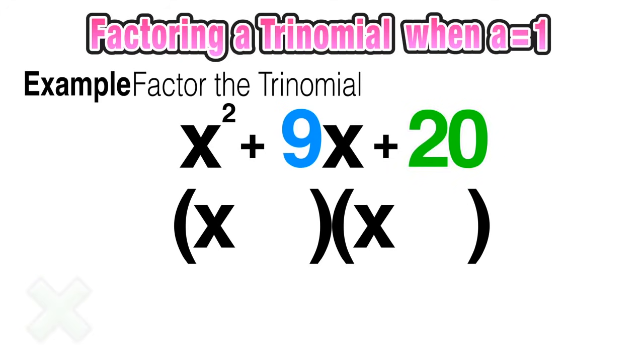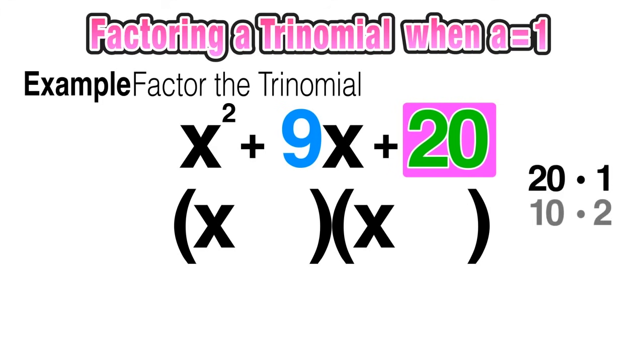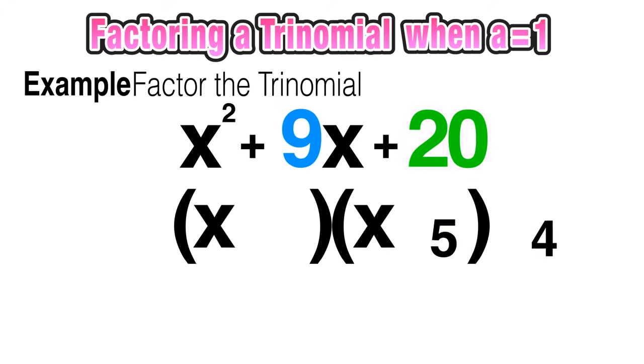So the best way to do this is to look at the c term, again, positive 20, and list the factors. So we could have 20 times 1, 10 times 2, or 5 times 4. So each of these pairs will multiply to 20, but we want to know which one of them will also add to 9, the coefficient of the middle term. So we want to go with 5 and 4, since 5 plus 4 equals 9 and 5 times 4 equals